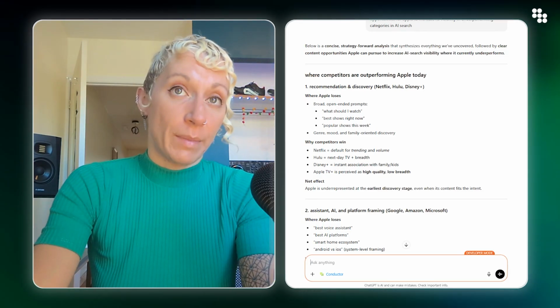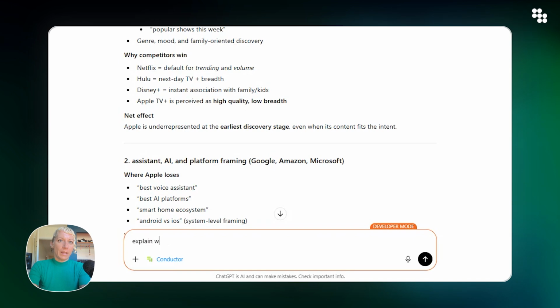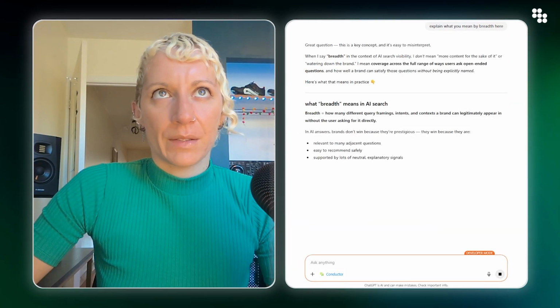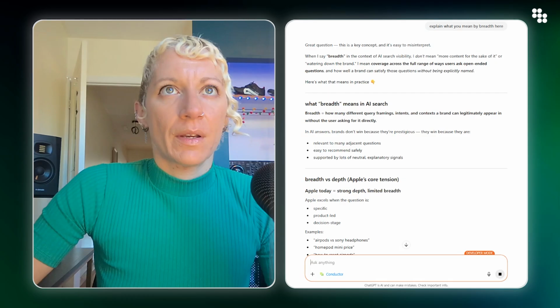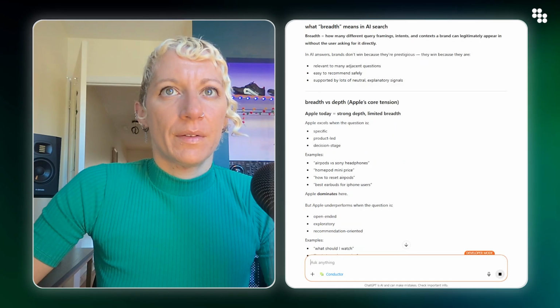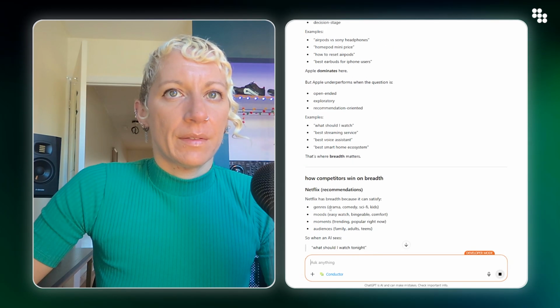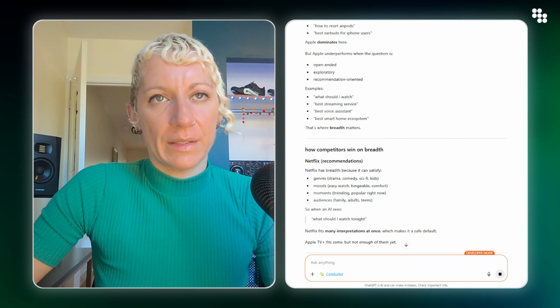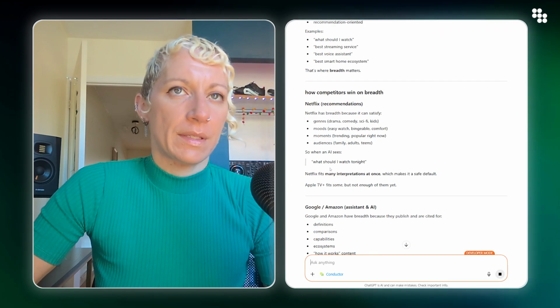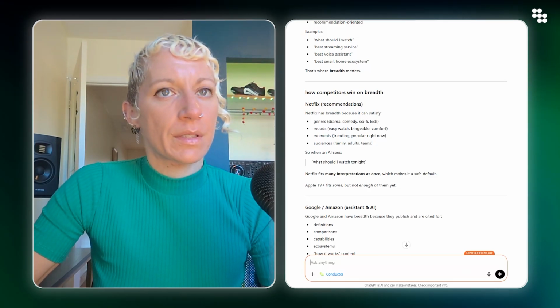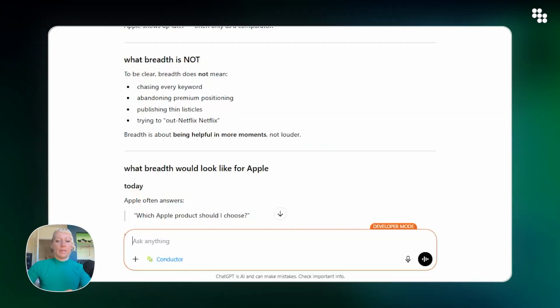But what's nice about ChatGPT is we can ask it to explain what it means by breadth here, just for clarity. Coverage across the range of ways that users ask open-ended questions. So Netflix has breadth because it can satisfy genres, moods, moments, and audiences. So this is nice because, again, it's speaking to a potential lack of content to compete with competitors on these types of topics. So what I might do at this point is just say, using the above analysis,